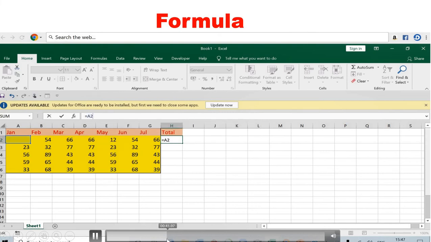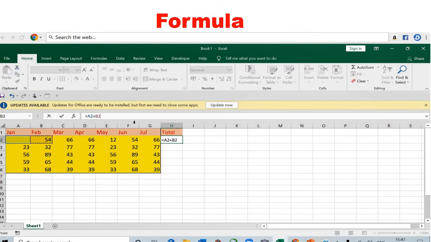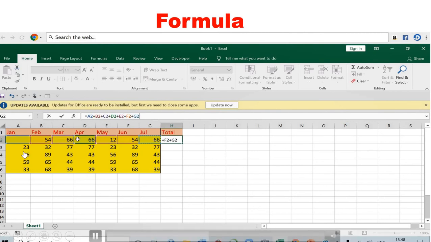It is A2, then plus, then B2, then again plus, then C2, again plus, D2 plus, E2 plus, F2 plus, then G2. Okay, now you have to press the enter key. This is a formula you have typed yourself. You are adding up all the data in these few months. Click on enter key.